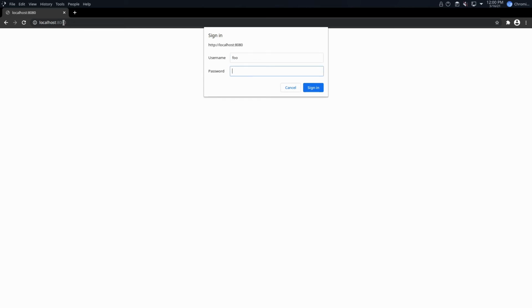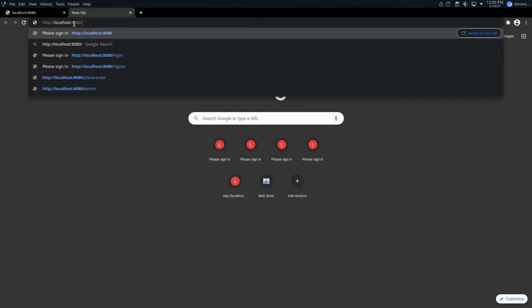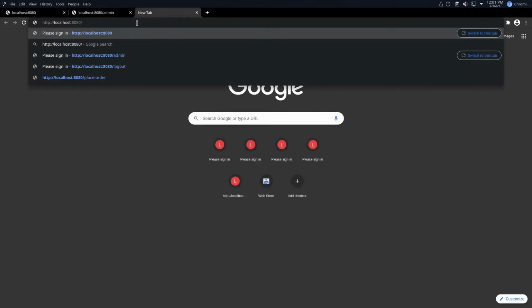Let's enter the first user who has admin entitlement. You can see we are able to access our root level URL. We are also able to access our admin URL, and also the user URL.